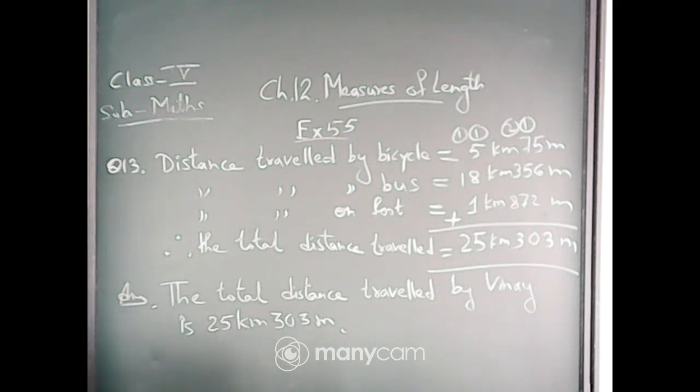Now let us do one more question. Question number 14. See question number 14. Rakesh bought 5 meters of cloth. He used 2 meter 35 centimeters for his shirt and the rest for his trousers. How much cloth did he use for the trousers? Now here the total length of the cloth is given, 5 meters, and from that 5 meters, 2 meter and 35 centimeter is used for the shirt and the rest portion is used for the trousers. You have to find out how much is used for the trouser. Okay, that means